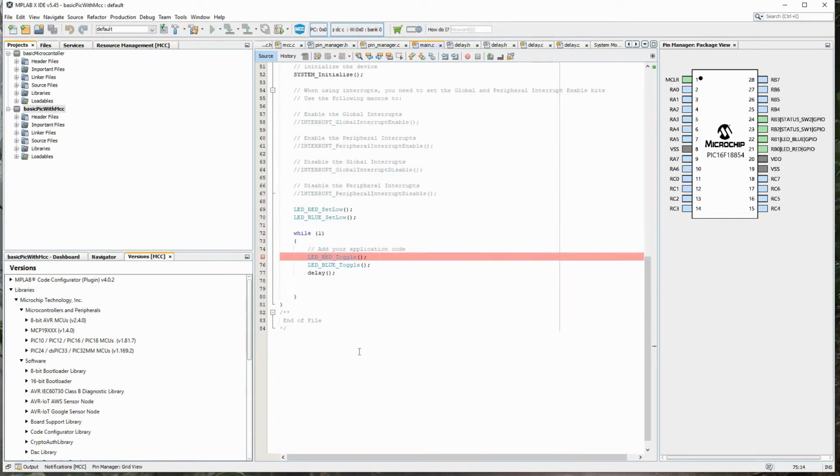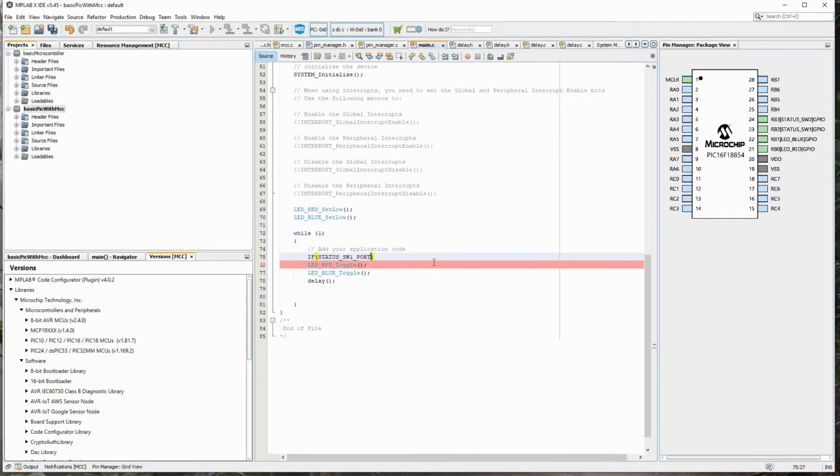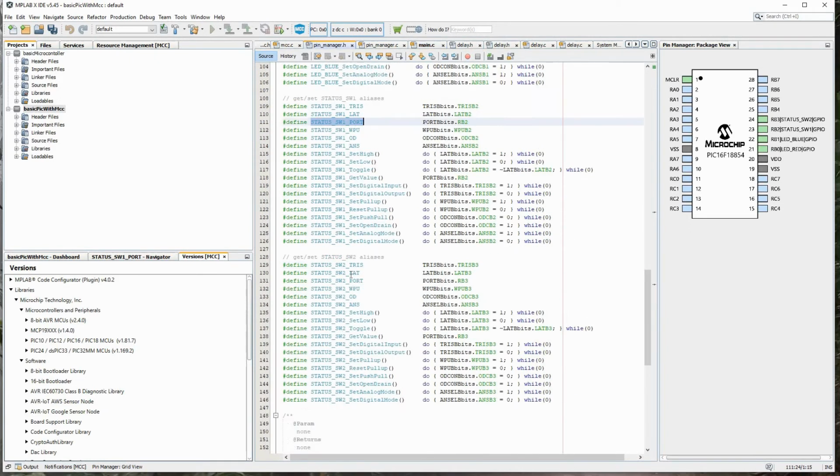Let's go to our main. If SW1 port is equal to 0. You can also hash define it as switch press, how we had done last time. So for that you have to go to pinmanager.h.